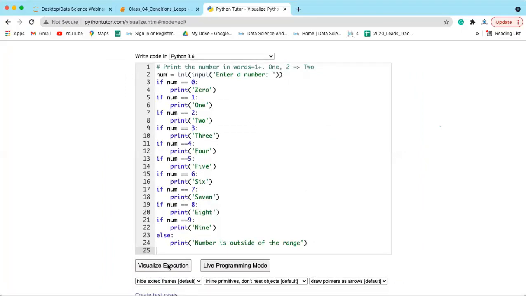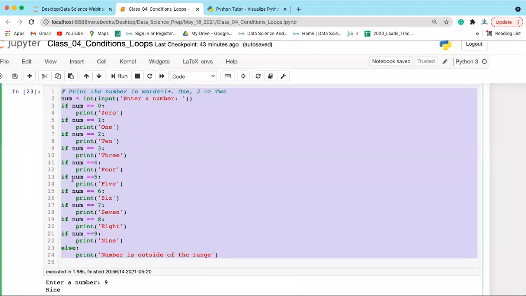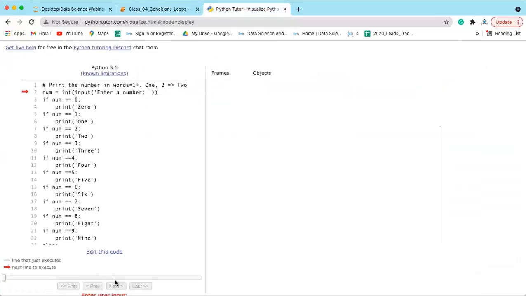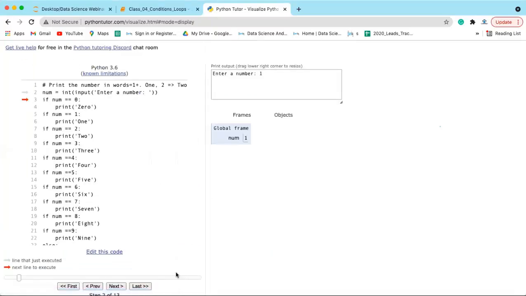Okay, and let's see how it gets executed. Also remember, when you write multiple if blocks to check multiple conditions at the same level, it checks every condition. This slows down the execution. For example, here let's say I enter a number, let's say 1. Now let's execute this. So is this number 1 equal to 0? This is false, so it is checking the next condition. num equal to 1. This is true. Since this is true, it will be printing 1.